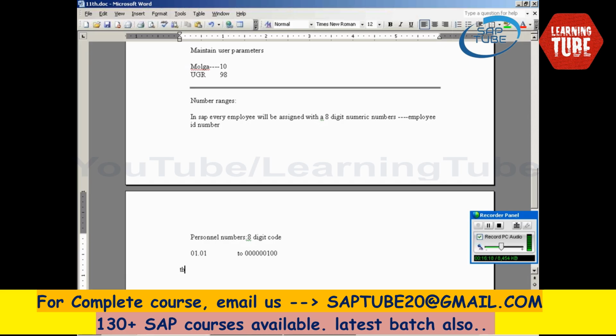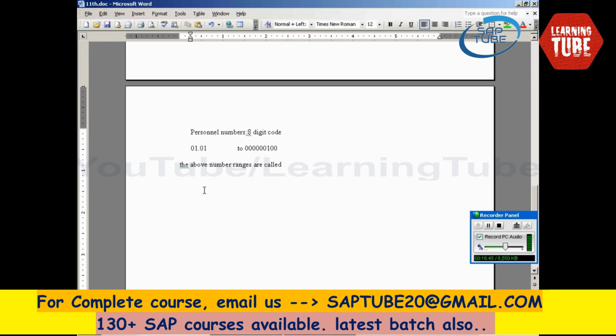One minute please, I will tell you this. So here, the above number ranges are called number range intervals. That number range interval means 1 to 100. Say for example, we are choosing 1 to 100. So these number ranges we can assign